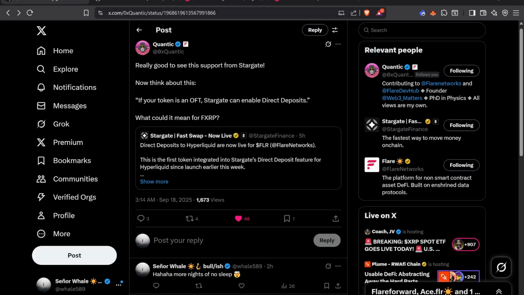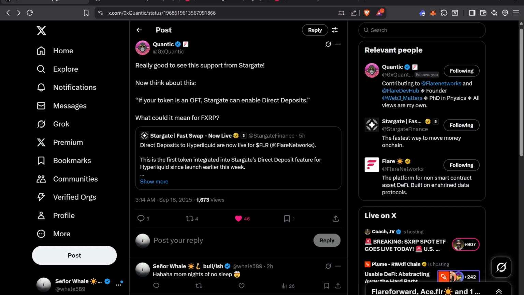FXRP is around the corner, guys. I'm not sure when it's coming, but I have a feeling that this time for real, it's imminent. And there's going to be a lot of things. There's a lot of learning. There's a lot of understanding of what you're doing. That is going to be the difference between having more FXRP after some time or having less FXRP. If you have not been paying attention, right now is the time to pay attention. I'm not saying that you should go and put any considerable amount of money unless you feel comfortable doing it. Take the time to learn. Take the time to understand what's going on, how DeFi works, what the risk factors are.